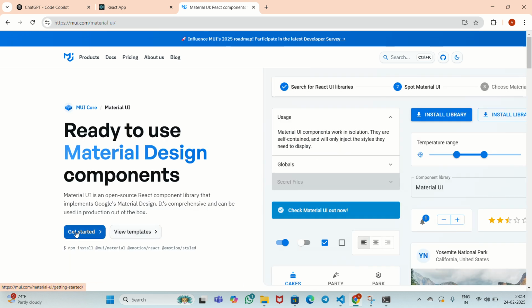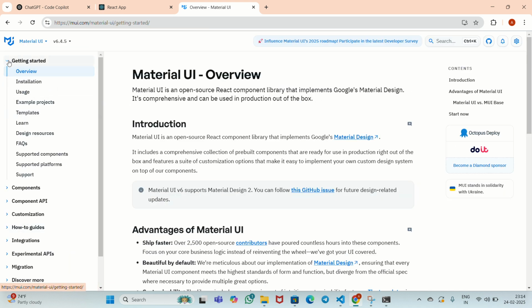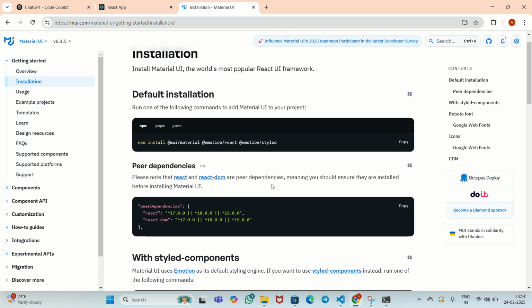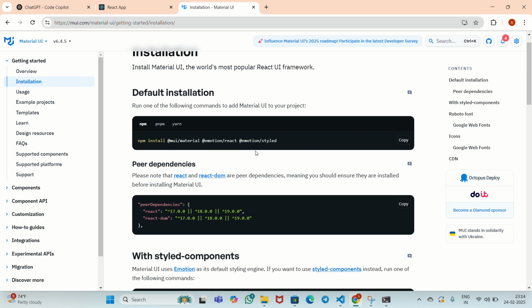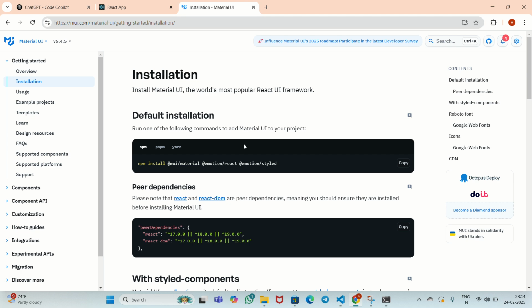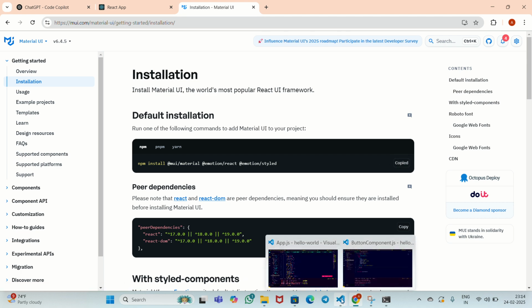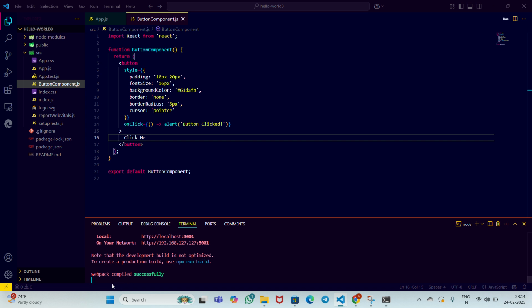and here press on Get started. Then there is this window with Get started and Overview. Here go to Installation. We have to import these MUI material functions. For the default installation, just copy this code and go to VS Code and paste it. We have to stop this execution, so press Ctrl+C to stop it, paste that here and press enter,